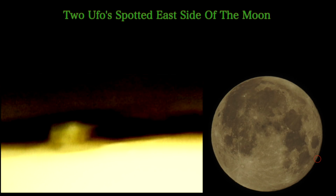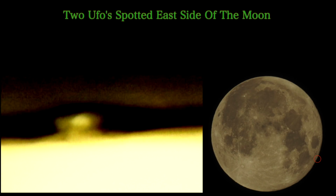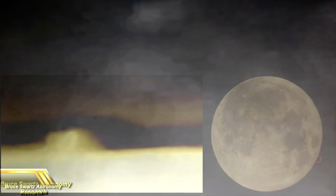There we go again. Simultaneously, I'm showing it to you now a lot faster. They're all over the surface. There's no one that can deny this. The proof is literally there, taken with a 14-inch telescope, recent footage. It's all there, and guess what? There's a lot more different UFOs coming in from around the moon entirely, and I'm going to get those